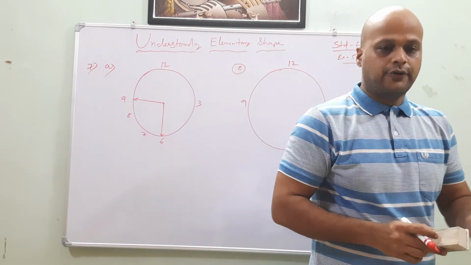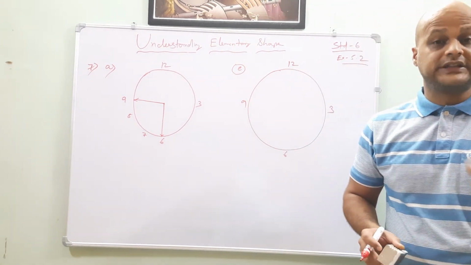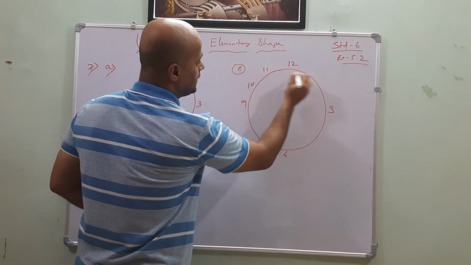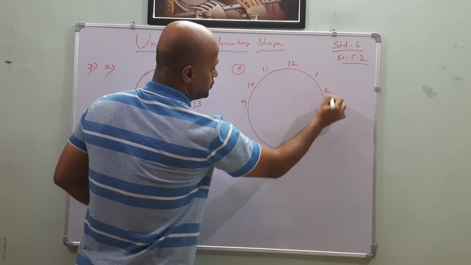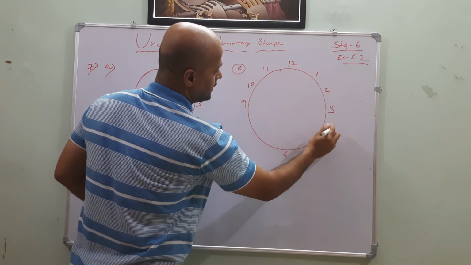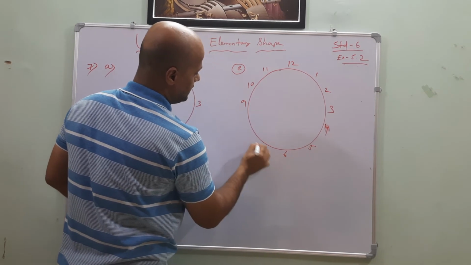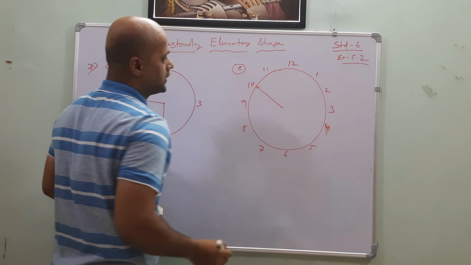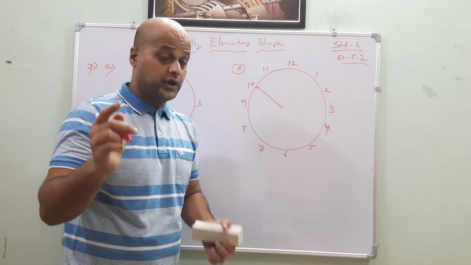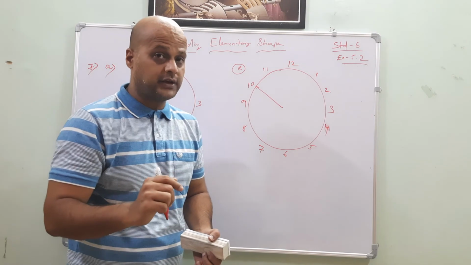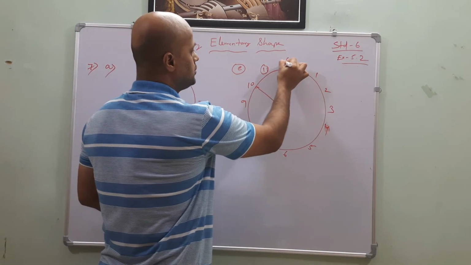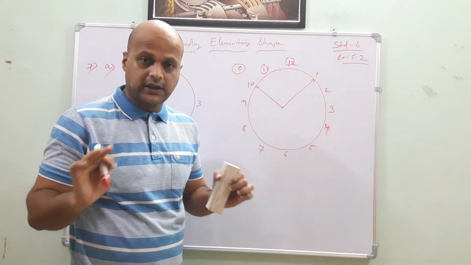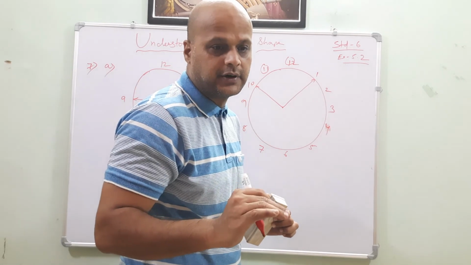Next, C point. From 10 and turn through 3 right angles. From 10. Here nothing is given now, so write here 10, 11, 12, 1, 2, 3. 3 is given. 4, 5, 6, 7, 8. Now here it's saying it starts from 10. Now you just tell me, we have already discussed, for one right angle how many hours will we get? 2 hours, a 2 hour gap. Then this is the first right angle, completed. Now it is asking for 3 right angles.